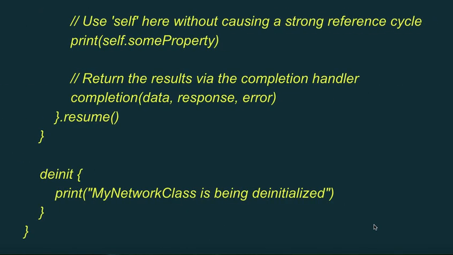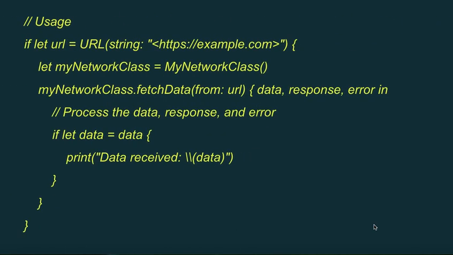// Use self here without causing a strong reference cycle. print(self.someProperty). // Return the results via the completion handler. completion(data, response, error) }.resume() }. deinit { print("MyNetworkClass is being deinitialized") } }